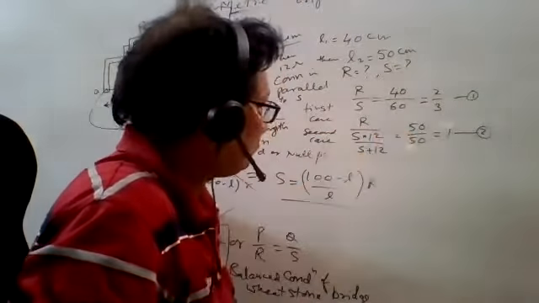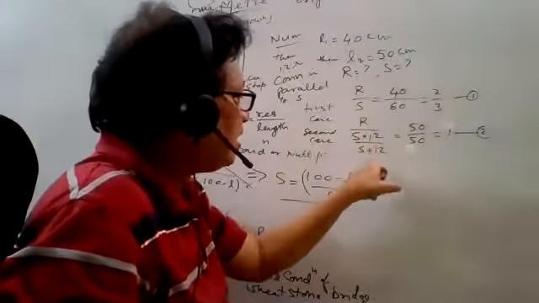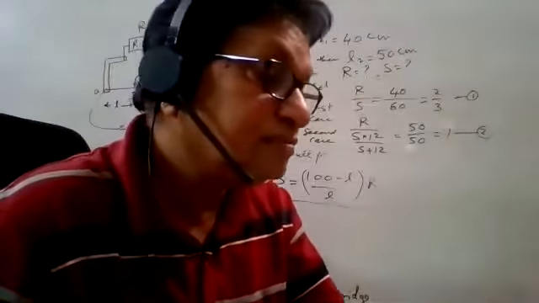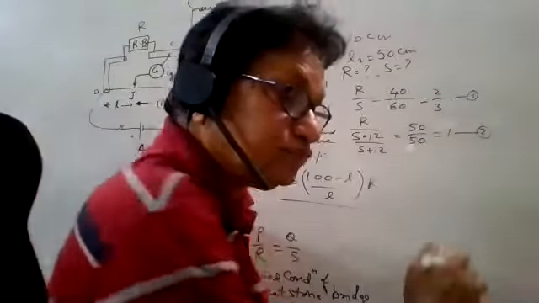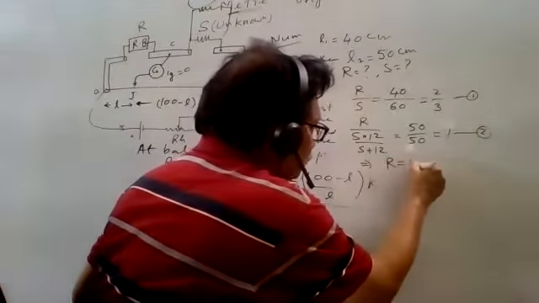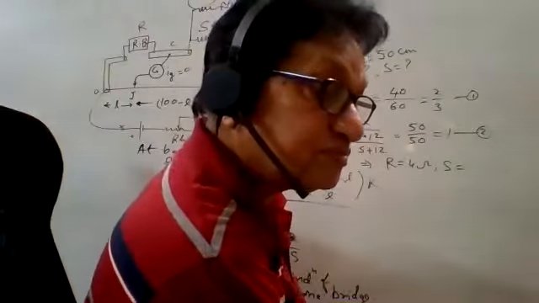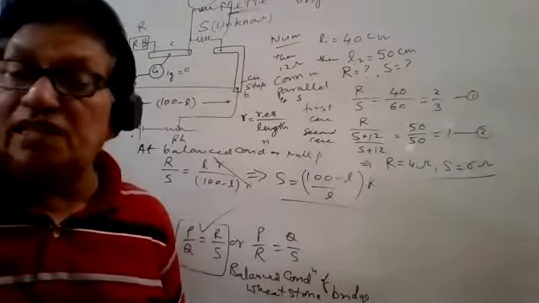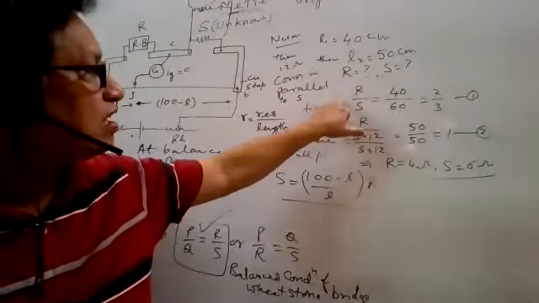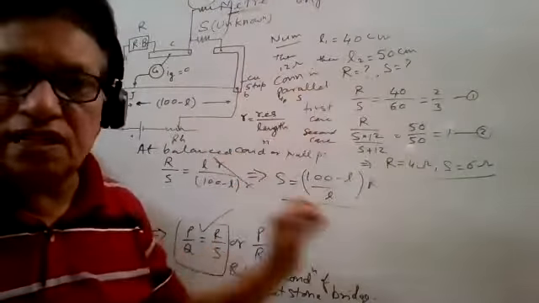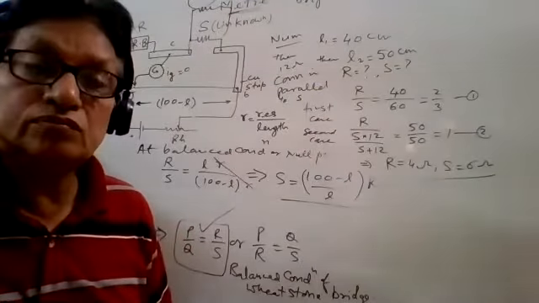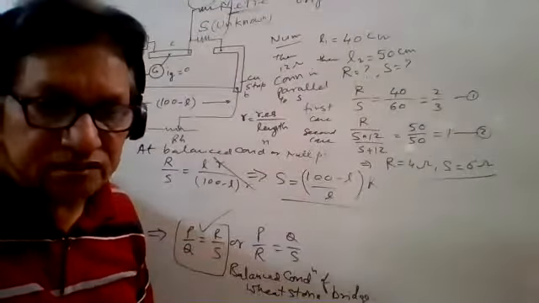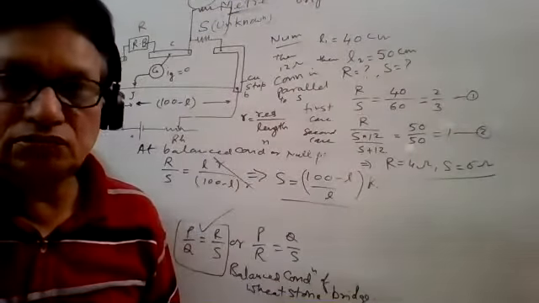Put it here. When you divide, R will cancel out, you can get S. Putting the value of S here, you can get R. So if you solve for R and S, R is 4 ohm, S is 6. Just write equations 1 and 2 and solve them. It is very simple, nothing is there. So you should know how to write these two equations and you can easily solve it. Got it now?